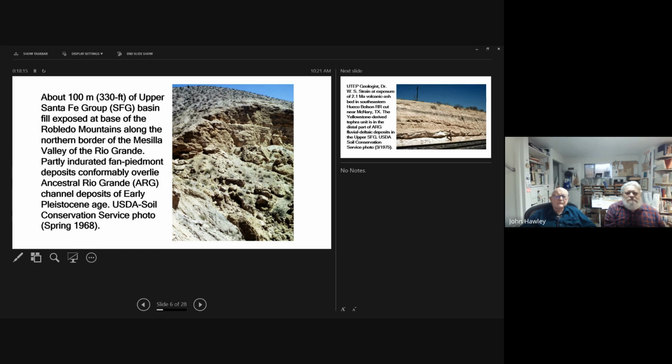There's Piedmont or alluvial fan material coming off a mountain range in the first 100 meters, and then below that, exposed for maybe another 200 meters, and another 30 meters up at the top, and another 60 meters below that, is basically sand and pebbly sand, with most of the coarser pebbles well-rounded, derived from a river that headed in northern New Mexico.